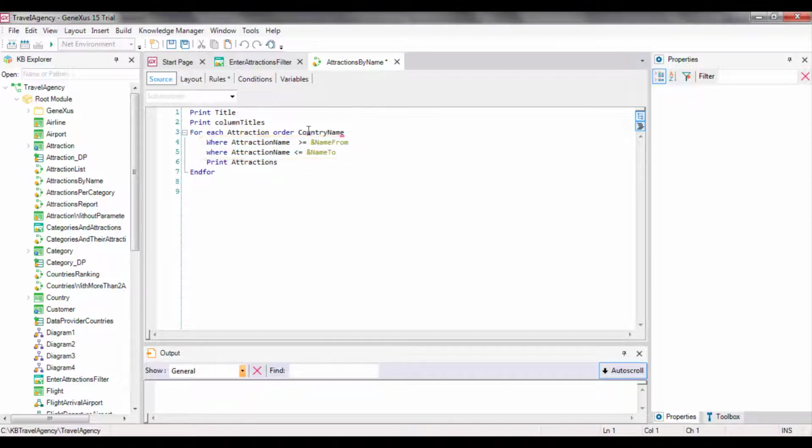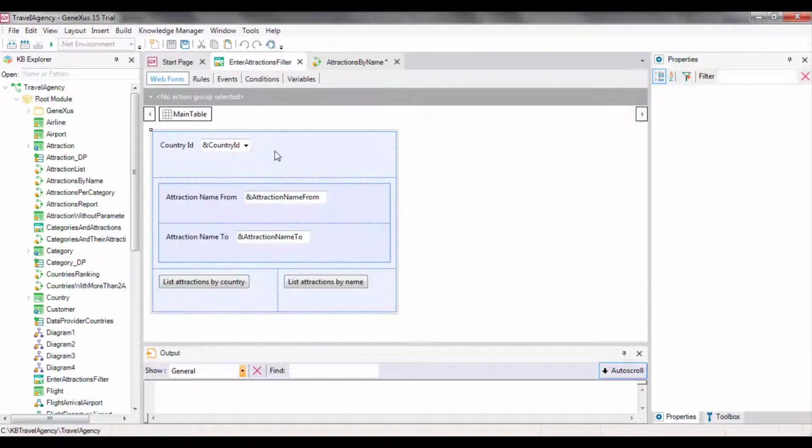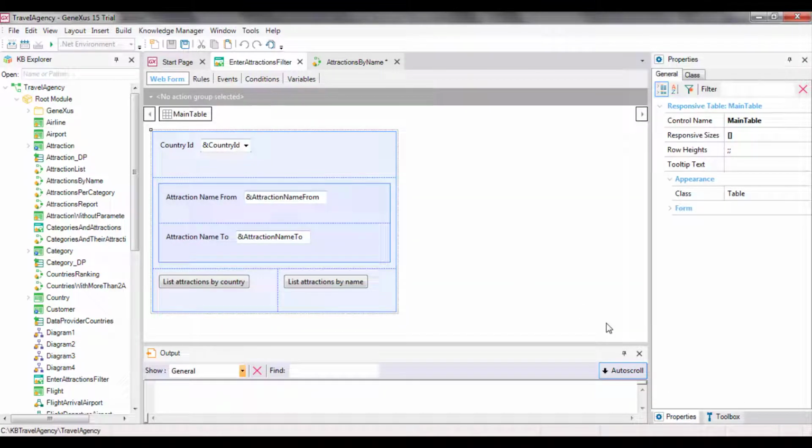But why do we define these queries through PDF listings instead of doing it directly on the screen where the user is required to enter data for the filters? Why not add here a grid showing the desired attractions instead of the buttons? Apart from allowing the definition of variables to be used in actions programmed in buttons, web panels allow us to implement interactive queries to the database, which is in fact their main purpose. The term interactive implies that it's possible for the user to enter many different values in variables, in the web page, and then query the database for data matching the values entered, using them as filters, as we will see next.